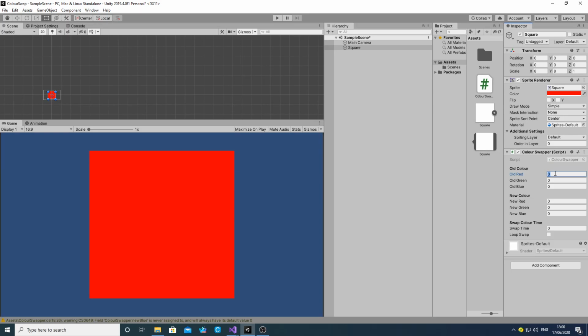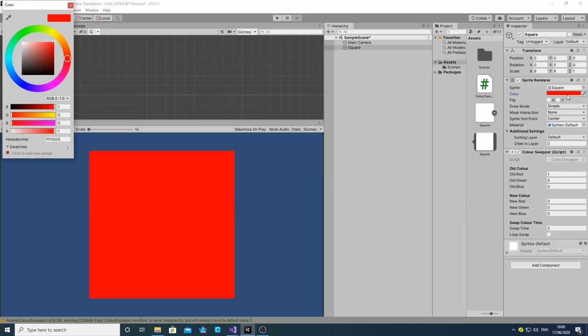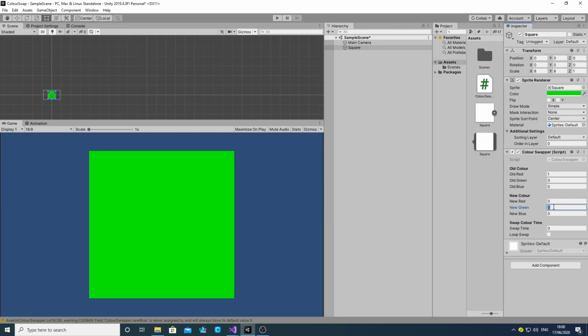So in our old colour we'd type 1, 0, 0. For green, we want 0, 1, 0, so 0, 1, 0. For our swap time, I'll choose 10 seconds. So if we now hit play,